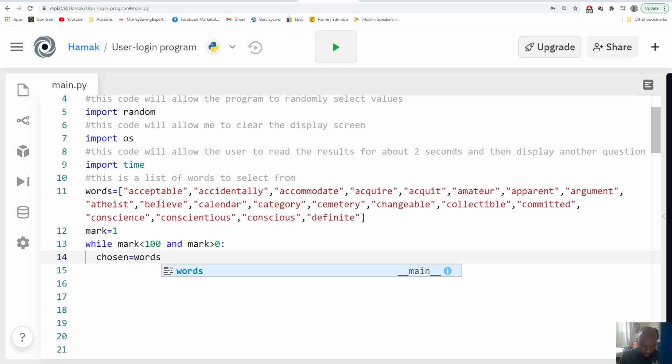Well, that's my clock in the background, sorry about that. It's going to come from the list of words, and then I'm going to type